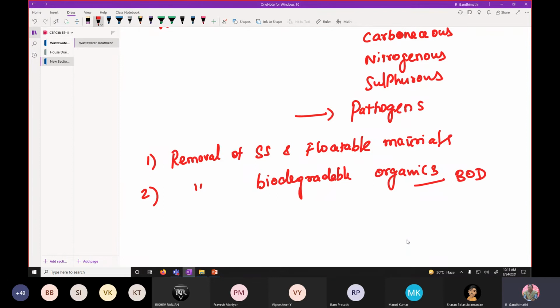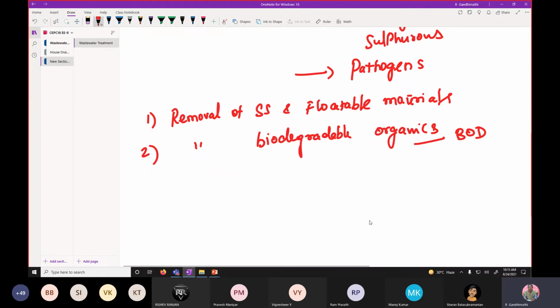By monitoring BOD, we can say that the biodegradable organics are removed from the system. Here, biodegradable organics especially deals with carbonaceous matter, CBOD, because we are monitoring BOD for only 5 days. Therefore, that tells us only whether the carbonaceous matters are removed from